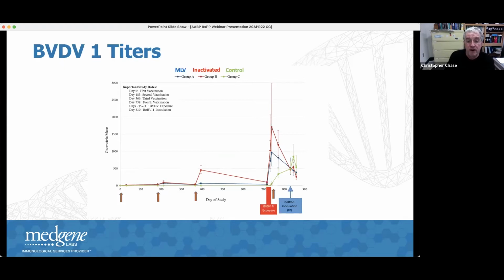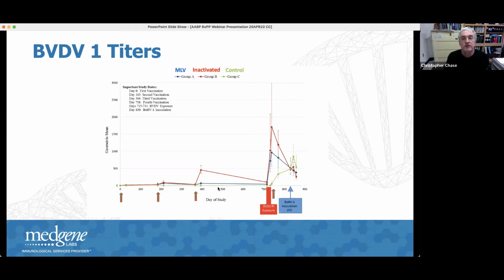At the 3rd arrow, we see when they were given either the modified live vaccine or the inactivated vaccine. Here you can see that with the modified live, there wasn't much of a boost at all in terms of antibody. And when the third dose was an inactivated vaccine, they had a strong response. But the interesting thing is, when they calved these animals out, and these were beef calves,